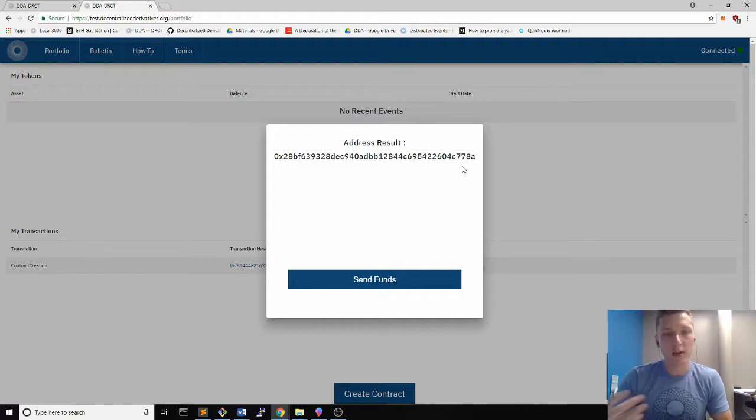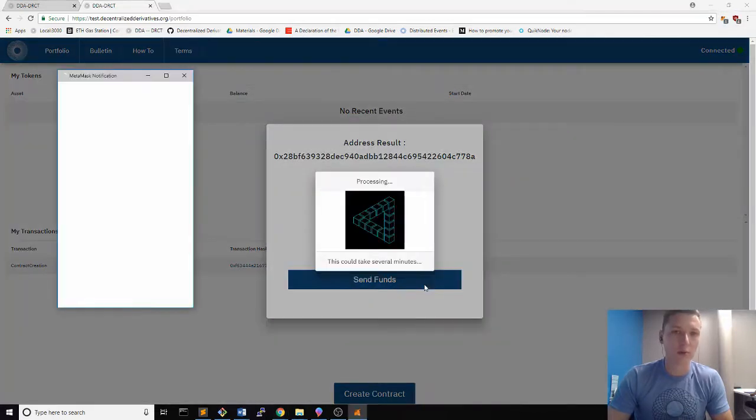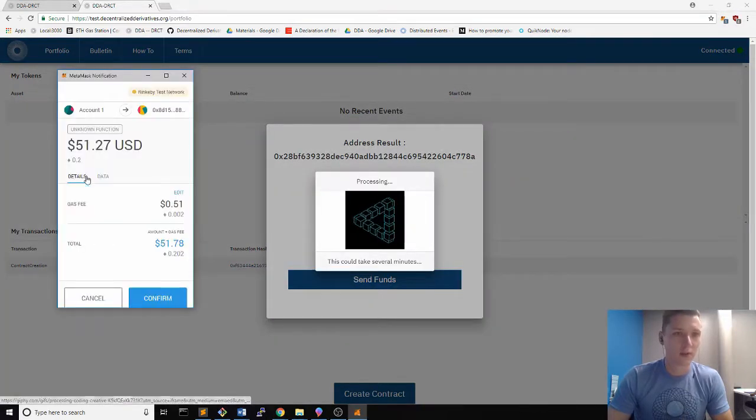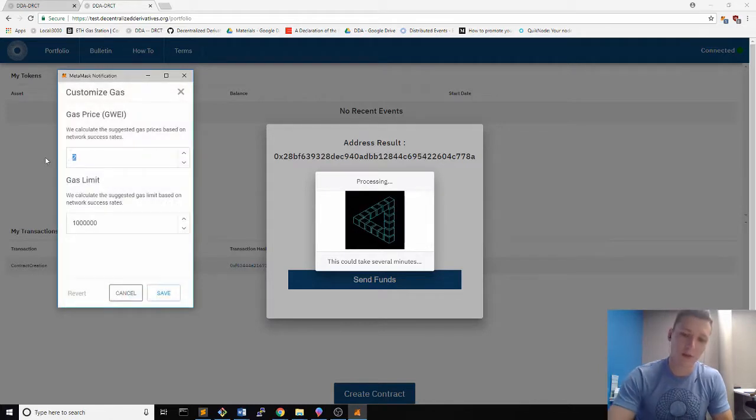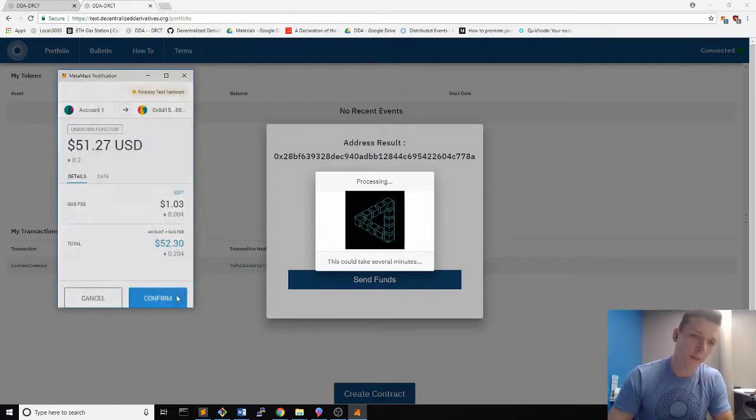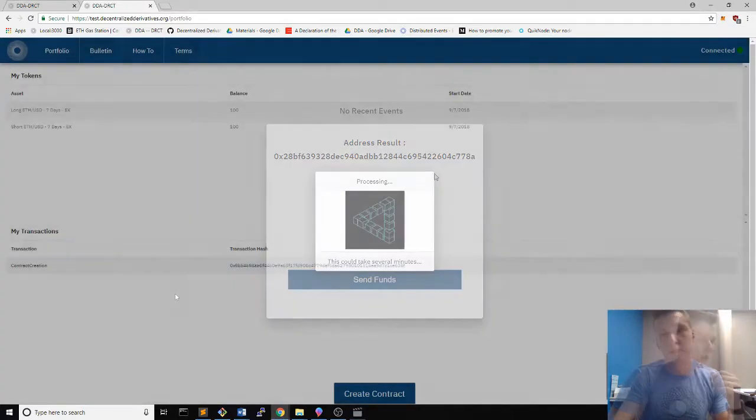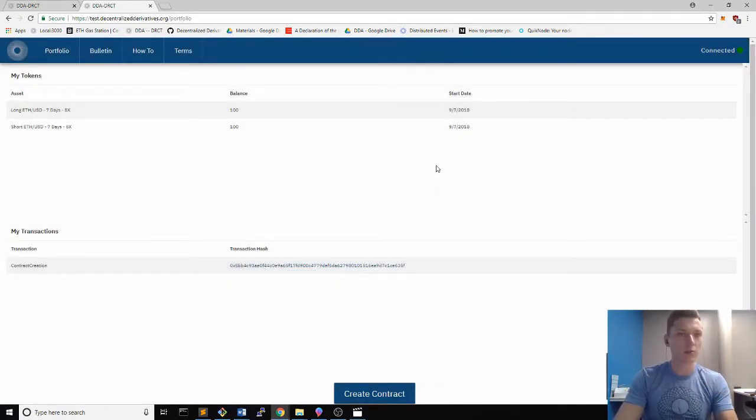Now we actually have to collateralize the smart contract, so we're going to send those funds. So that 0.2 Ether, we'll click Send Funds. You'll see now it is taking 0.2 Ether. We'll up the gas price again, make sure it goes through nice and quick, and we'll confirm it. Okay, now that we have our tokens up